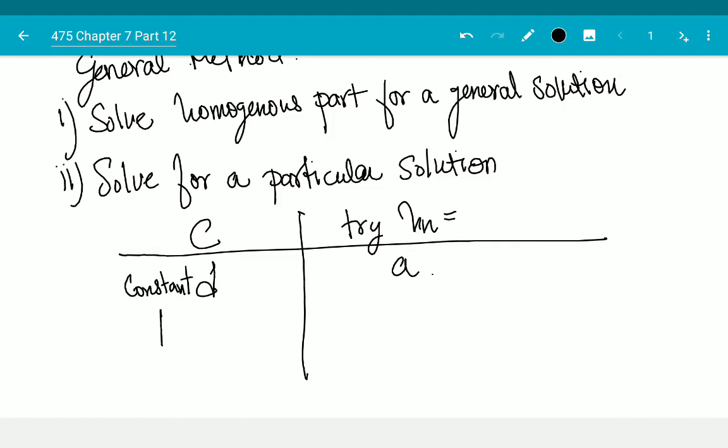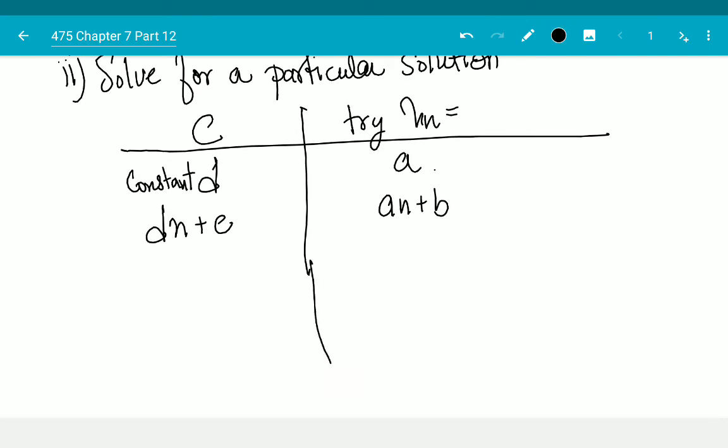Okay, if it is dn plus e, then try an plus b. If it's a polynomial,